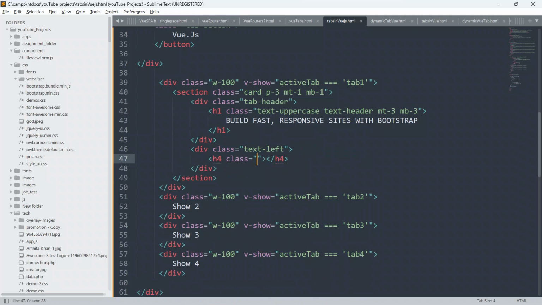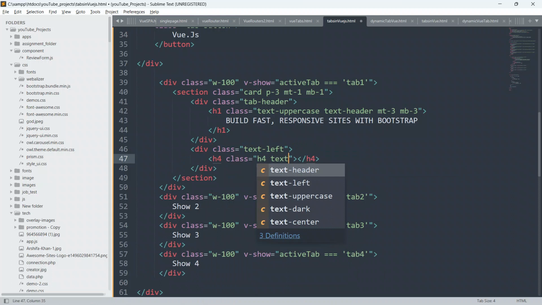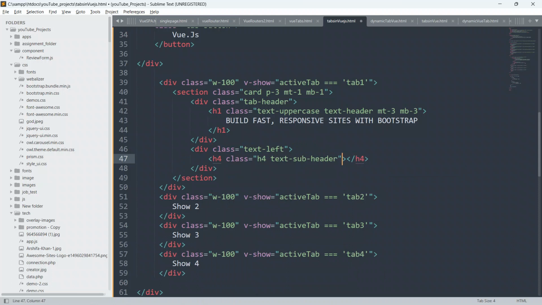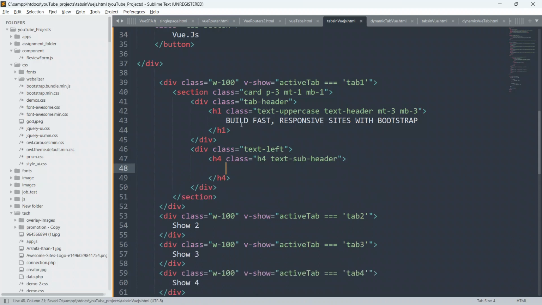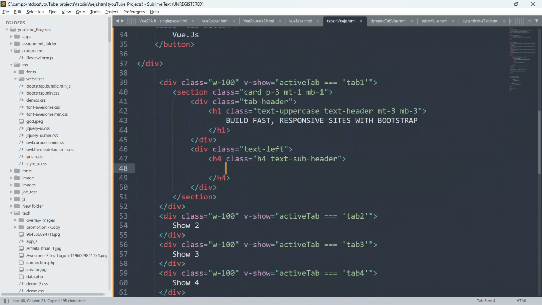Then I will give the class h4 and the class text-subheader. And inside this I'm gonna copy the text from the previous example, just to save our time, because I have explained it to you. So just copy it from here and paste it here.